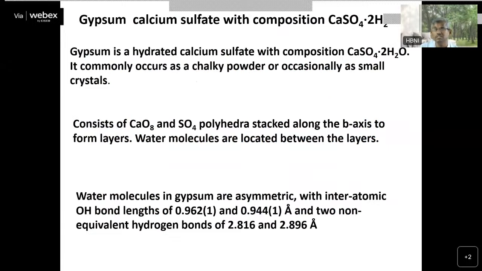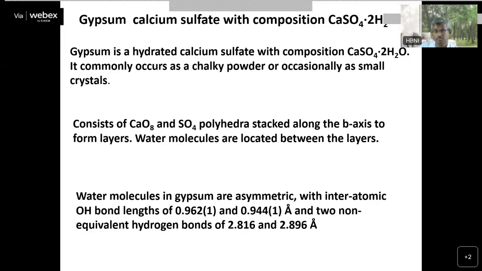So let me summarize the results on the gypsum or calcium sulfate crystal. So gypsum is a hydrated calcium sulfate with composition CaSO4 2H2O. It commonly occurs as a chalky powder. So here we have got CaO8 and SO4 polyhedra. This is nothing but the information which we get from X-ray crystallography. But X-ray crystallography doesn't say much about the proton. So this information, that isolated protons in hydrated calcium sulfate, is obtained exclusively from NMR